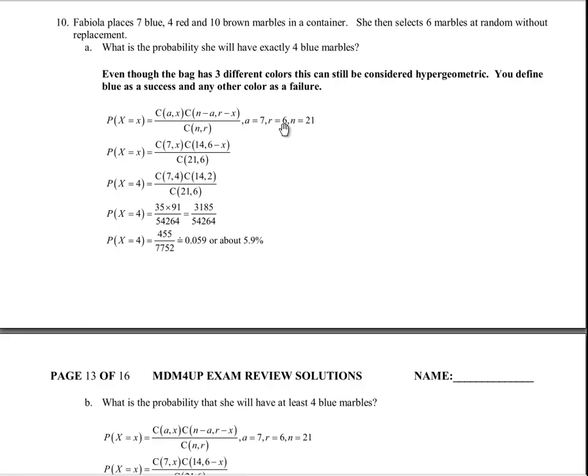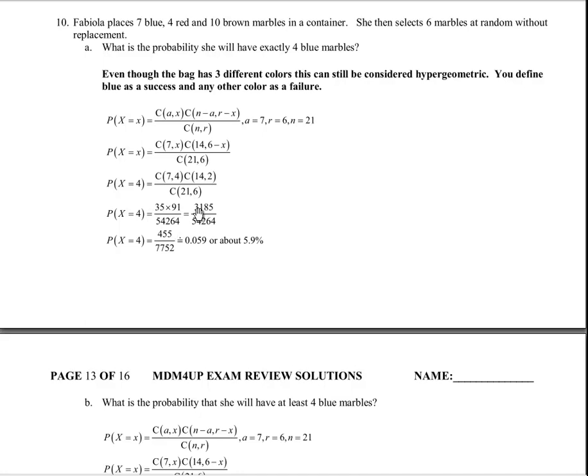And then R is 6, so 6 minus X, and then N choose R would be 21 choose 6 in the denominator. Now we're trying to find the probability there's exactly 4 blue, so the little x would be 4. So we would go 7 choose 4, 4 from 6 is 2, so 14 choose 2, and 21 choose 6 in the bottom. And so if we evaluate this, 7 choose 4 is 35, 14 choose 2 is 91, 21 choose 6 is